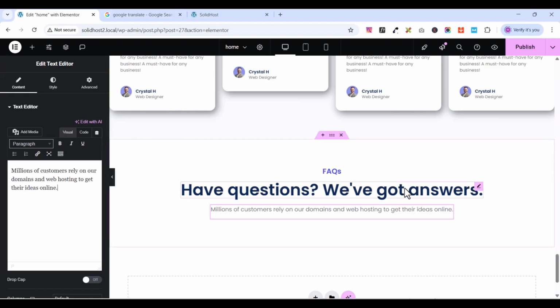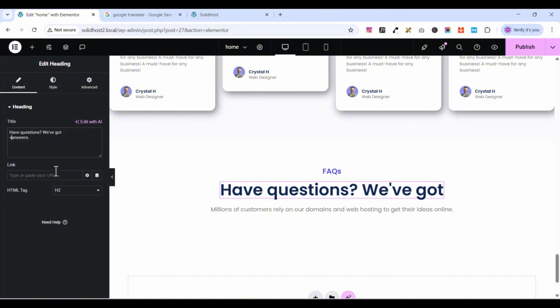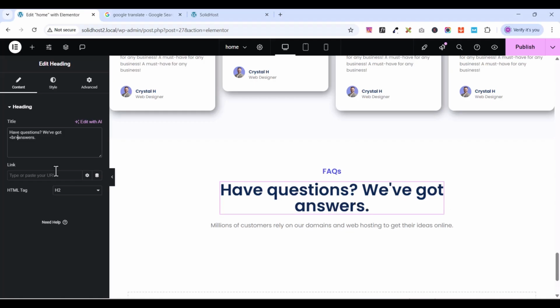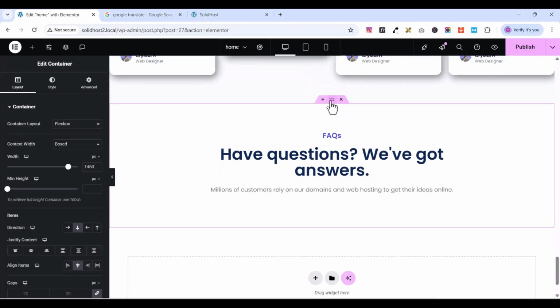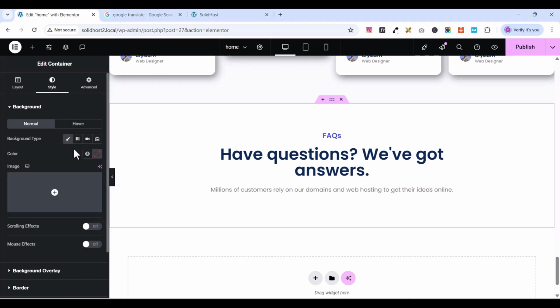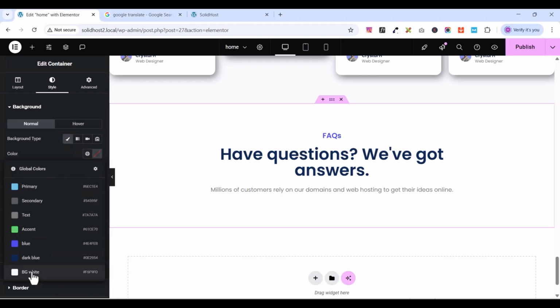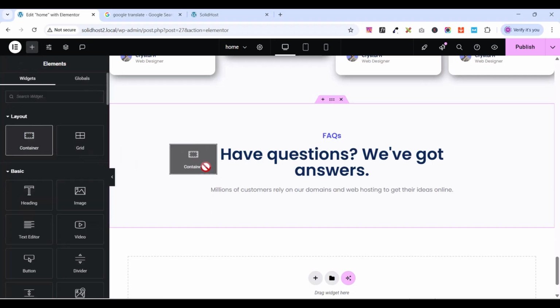Okay, so I'll select this one and break it here. I'll break this text here. Okay, like this. So after that, let me add a background color to this one. Go to Style, go to Classic, then I'll select my white background color like this. So from here, I will add a container to this one. So let me go here, select a container from here,